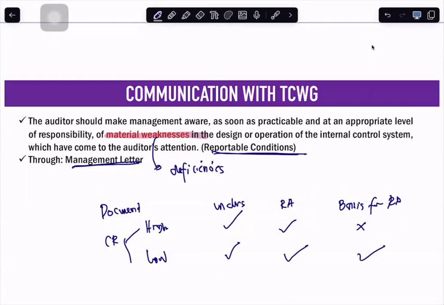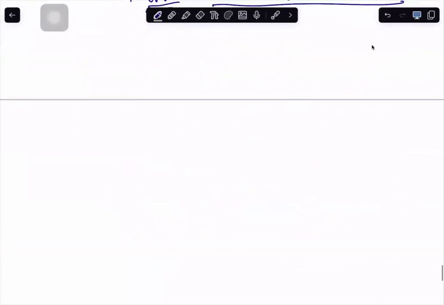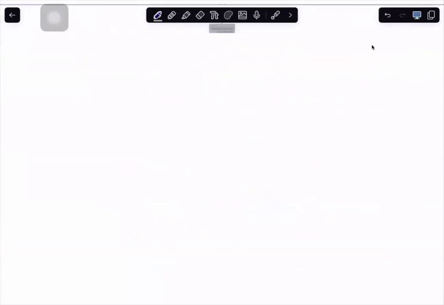So you already know the whole process of test of controls. Initially, we just understand, we look into risk assessment and your basis for that risk assessment. If, based on your assessment, you see that the control risk is high, you only need to document your understanding and your risk assessment. But the basis must not be documented. But if your control risk is assessed at low, the understanding, the risk assessment, and the basis for the risk assessment should be documented. Okay? So that's it for your internal controls.